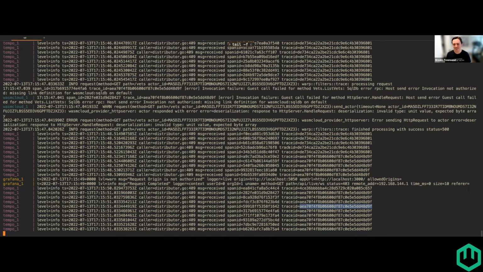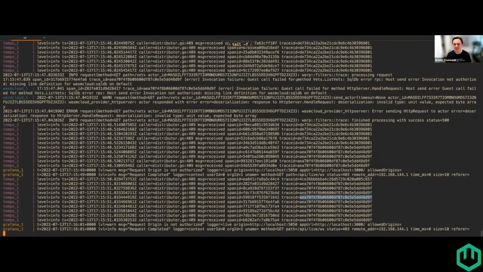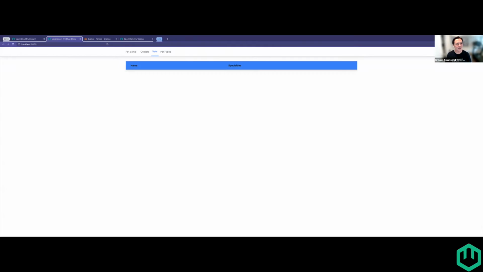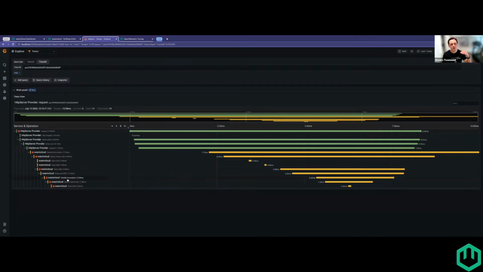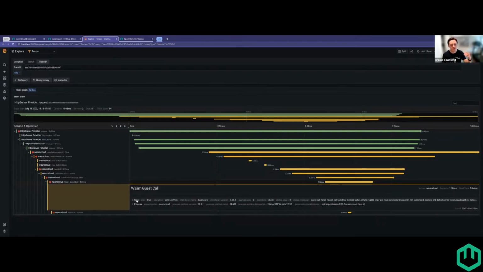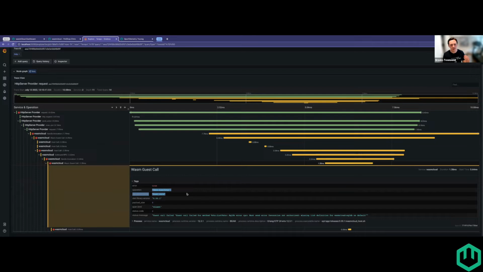I'm scanning my whole thing. I know that it's coming out of Tempo. I was just looking for it in the wasmCloud log. We can trace that issue and see that it makes it a little bit further. But as soon as we got to the wasm guest call, the vets.listVets operation failed because there was a missing,